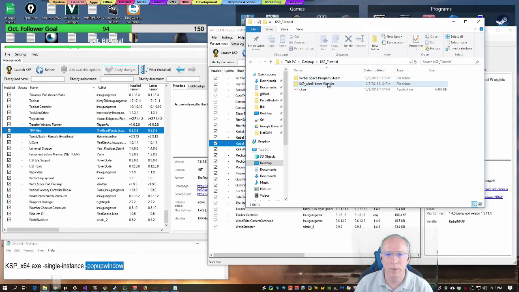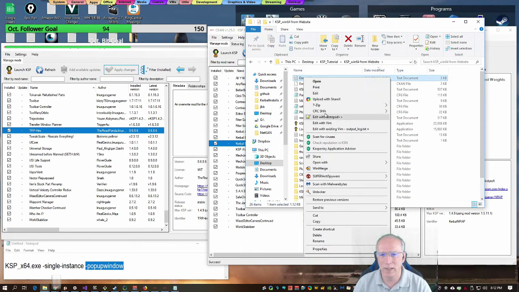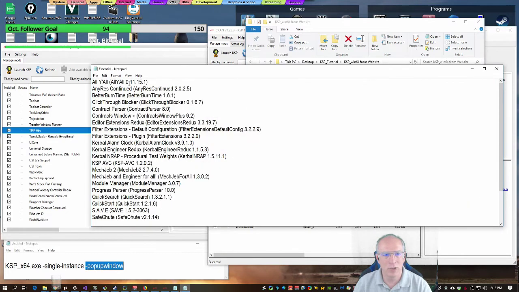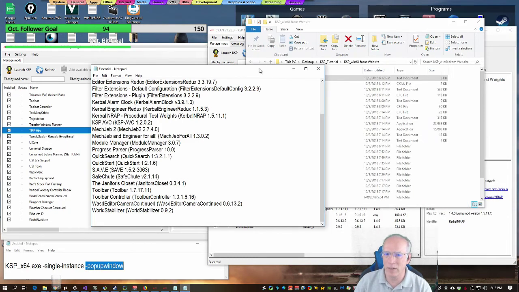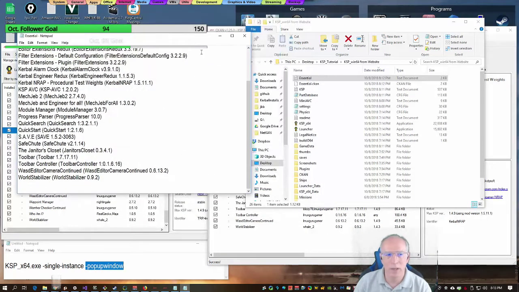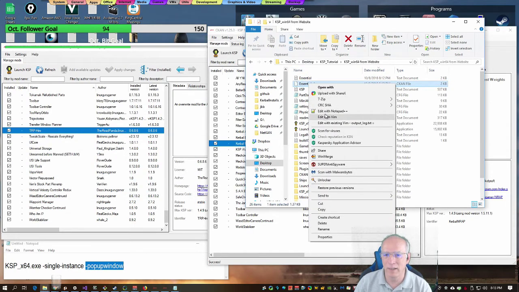Essential.txt is just a listing of all the mods that I currently have installed in CKAN. If you install mods outside of CKAN, sometimes you have to, it's not going to be listed here. Essential.CKAN, on the other hand,